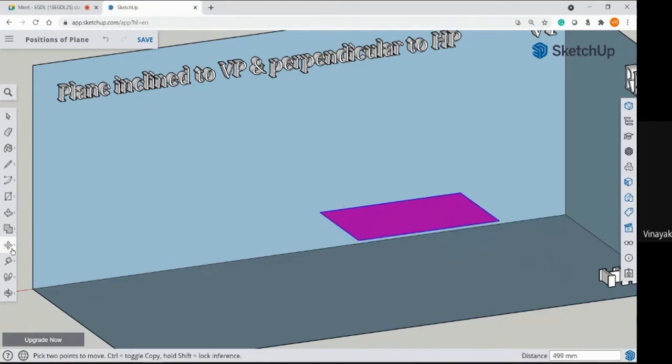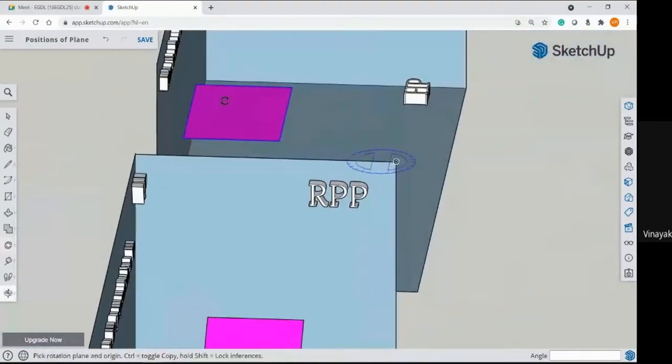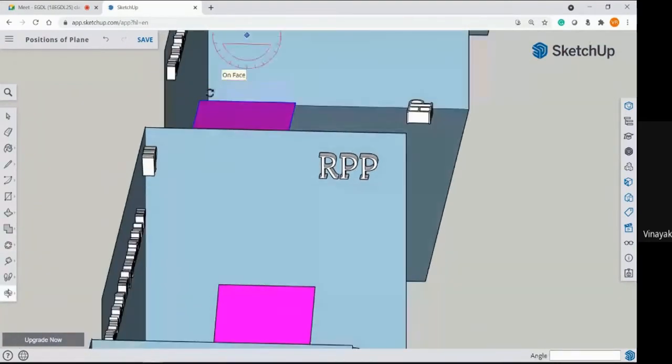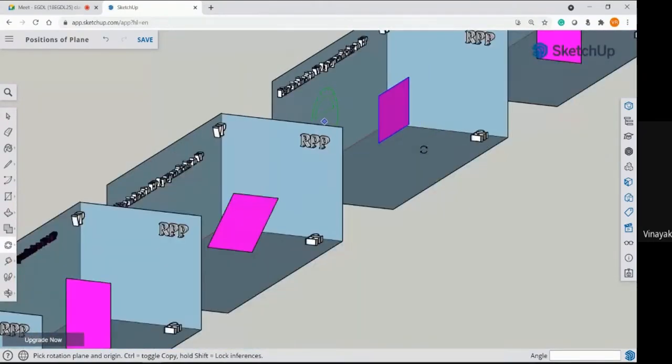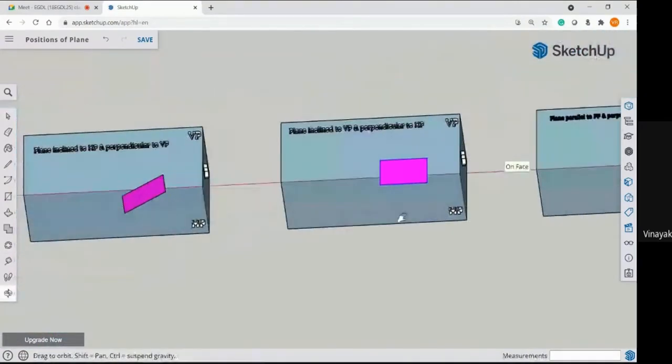Yes. Now let me again rotate it. I have to use this as a reference. Yes, perfect. Let me again move this.